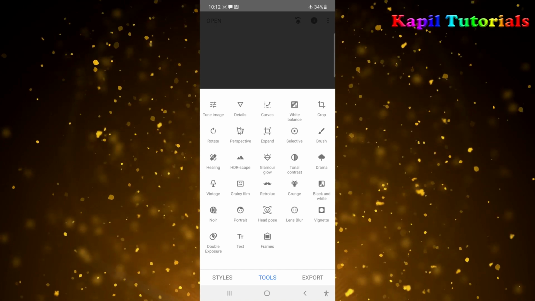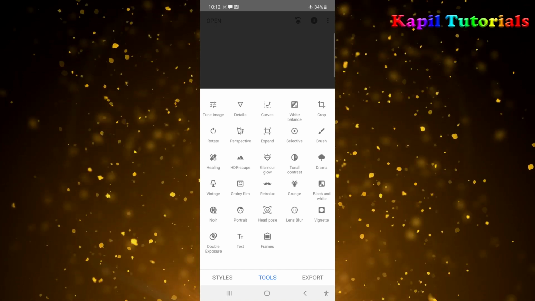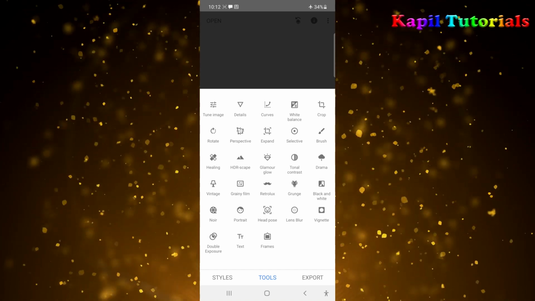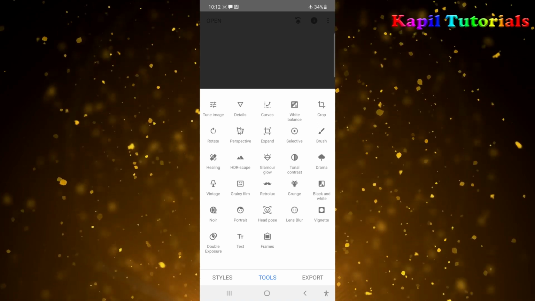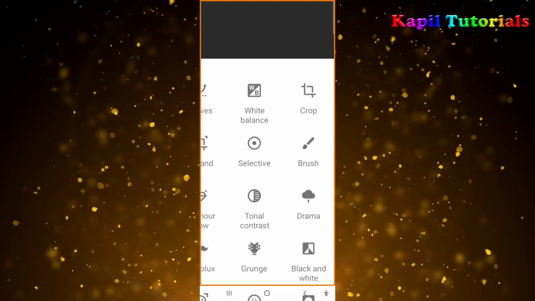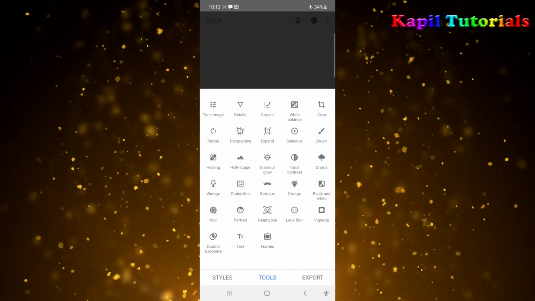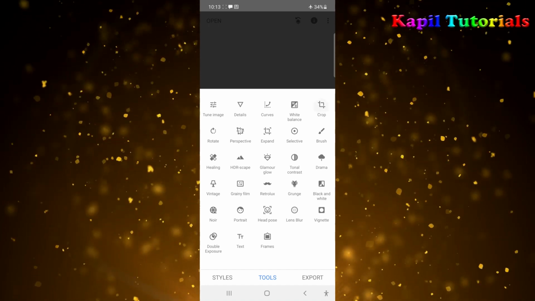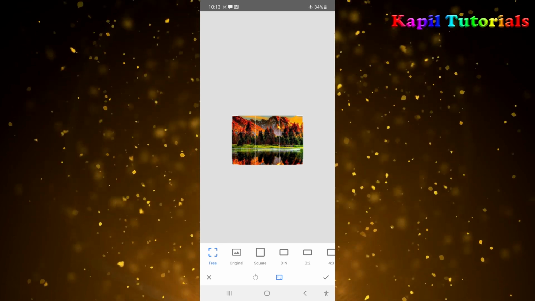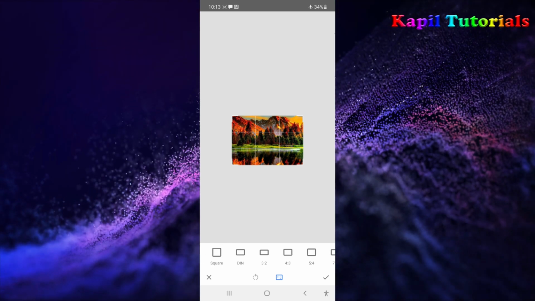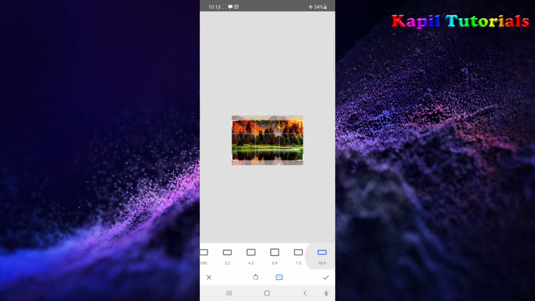Now the next tool is cropping tool, and this is very important tool. Crop means to cut the image according to your need. If I am clicking on crop tool, so you could see here particular sizes like 16 by 9 of the movie.